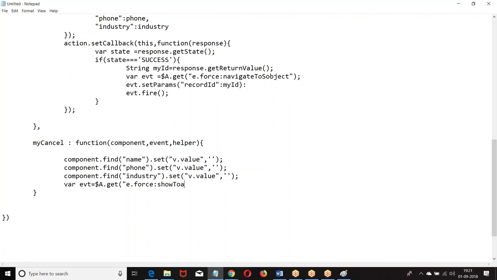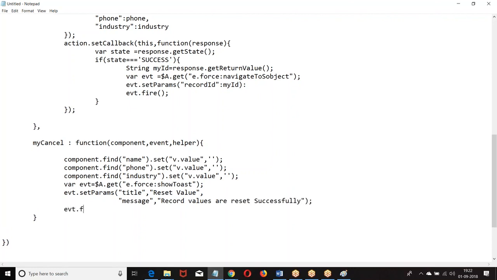Then we have show the event dot. What we have. Then fire the event dot.